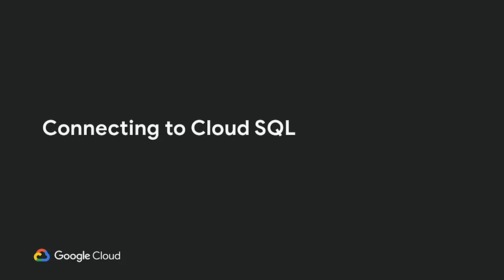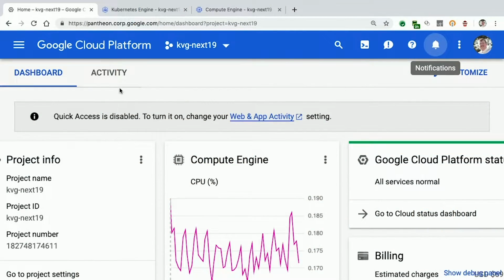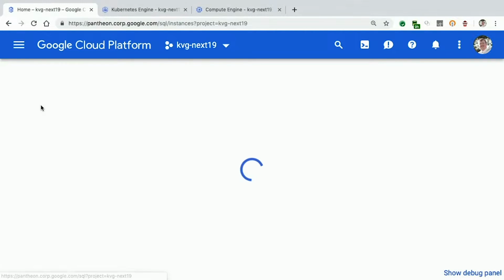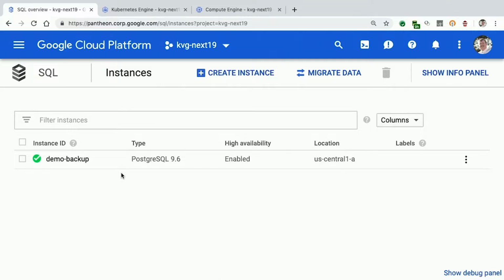OK, so with all that in mind, let's go ahead and go through the demo. We're going to take a second and connect to Cloud SQL. So if we could switch to the laptop. All right. So here I've got a project created for us. We're just going to open this up, go to the Cloud SQL page. I've created a backup just in case the demo gods aren't happy with me today, but we'll create a fresh